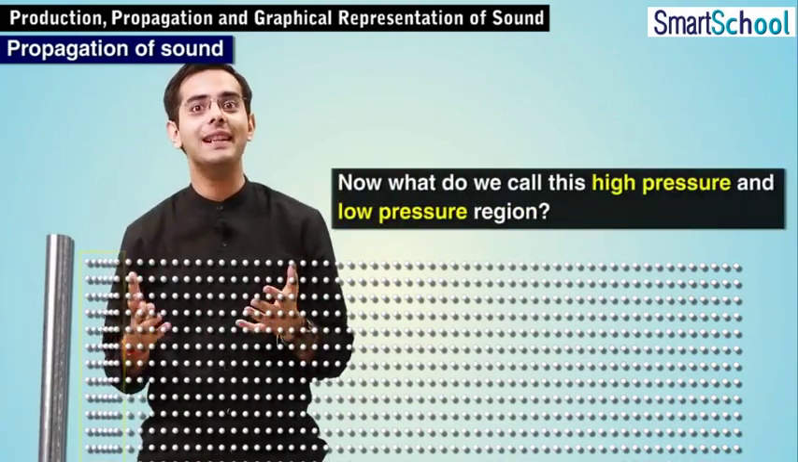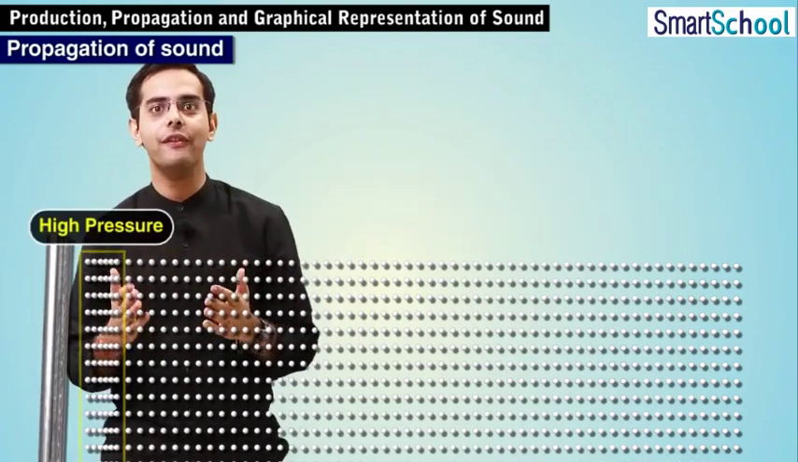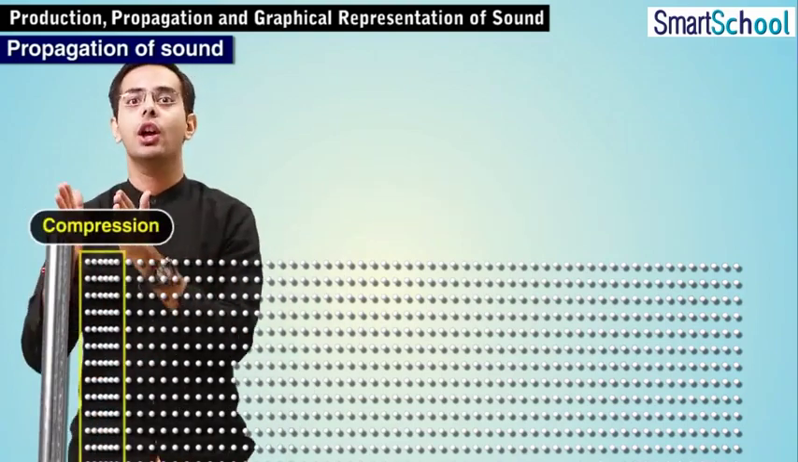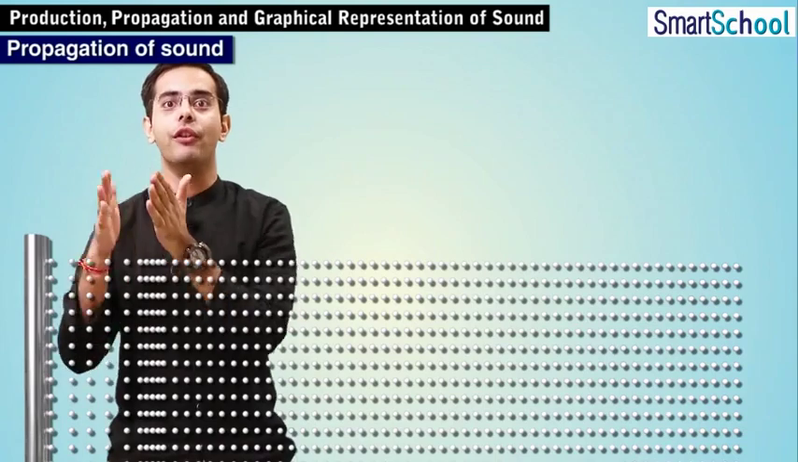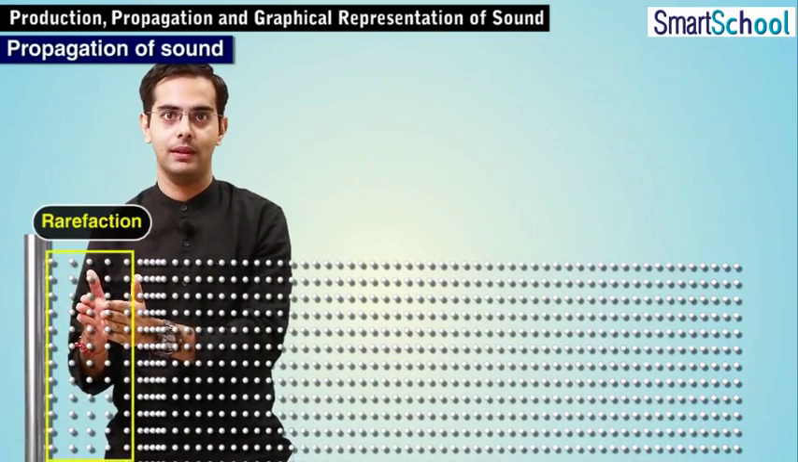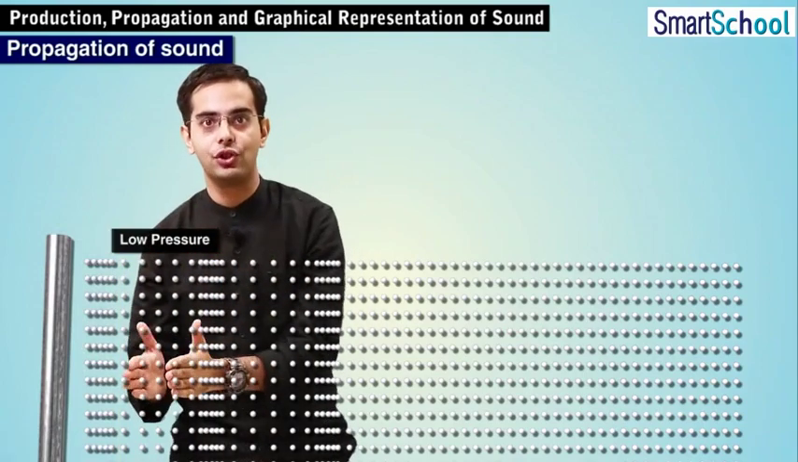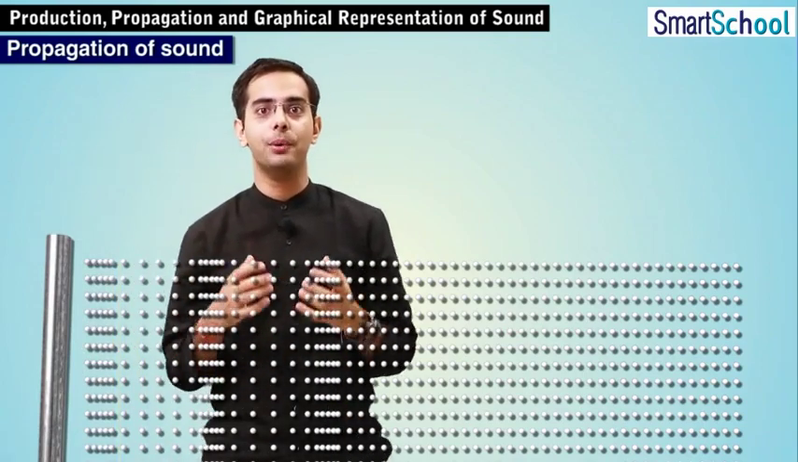Now, what do we call these high pressure and low pressure regions? The region of high pressure is known as compression, and the region of low pressure is known as rarefaction. So there will be a series of high pressure and low pressure areas, and what will the prong do now